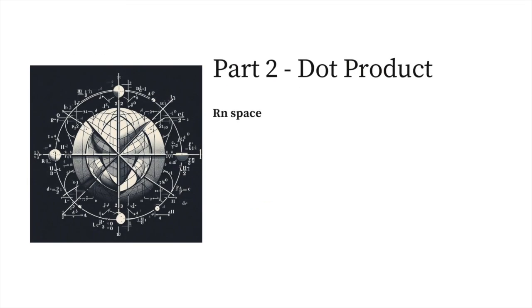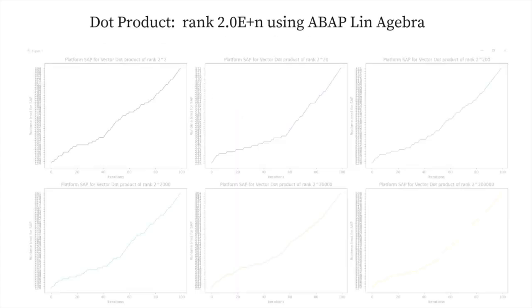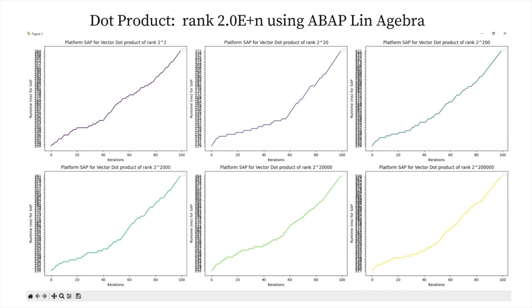Part 2 tackles the dot product process of two vectors yielding a scalar. The series of graphs shown are the runtimes of ABAP vectors dot product executing the same protocol as before. In here, we again observe the adherence with the two previous graphs where the extrapolation could be either linear or